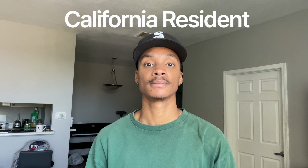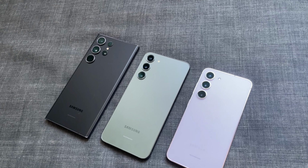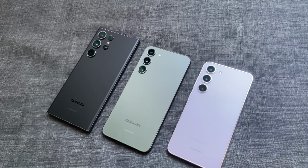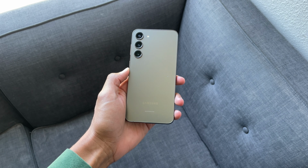See, whenever I'm paying under $1,000 for a phone, I will have many nitpicks and problems with it, but overall, I think the price will be the main factor in me looking over these specs. But if I'm paying over $1,000, then the window of criticism does widen. I currently live in California, which basically means that I'm in a high-tech state. And it also means that any phone that I buy here, taxes will add another $100, which basically puts the S23 Plus at $1,100,